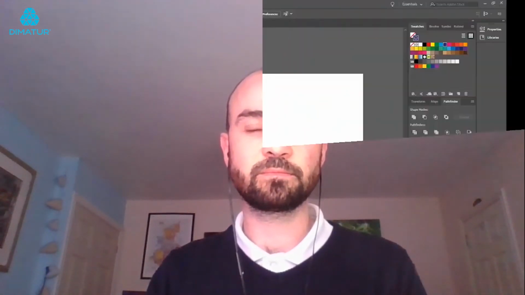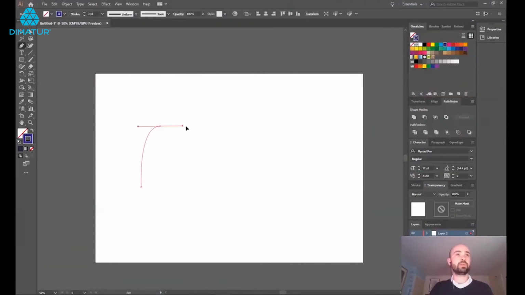Number 4, using the Control key to edit the exit handle on any curve whilst drawing. When drawing curves using the pen tool, by default the handles that come out of an anchor point will be at the same length, 180 degrees apart from each other. In order to change this, we first of all will pull apart the mouse away from the anchor point to